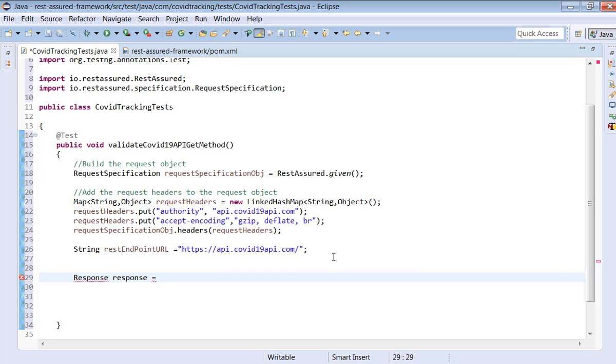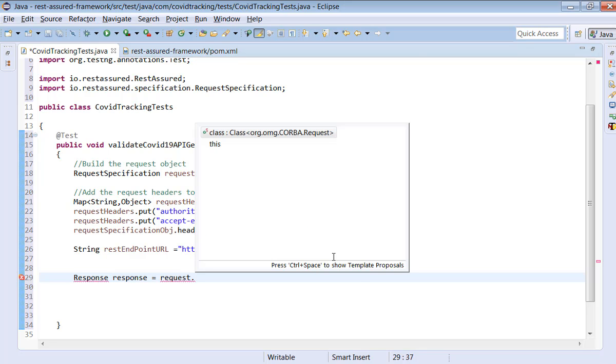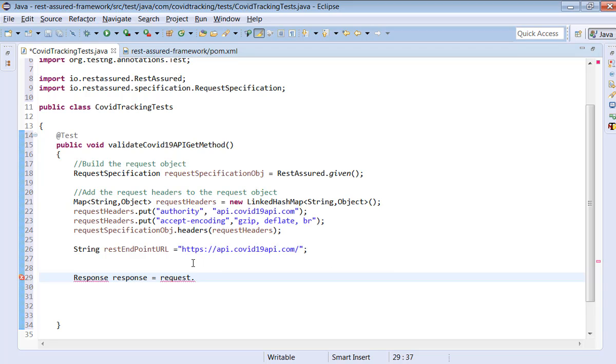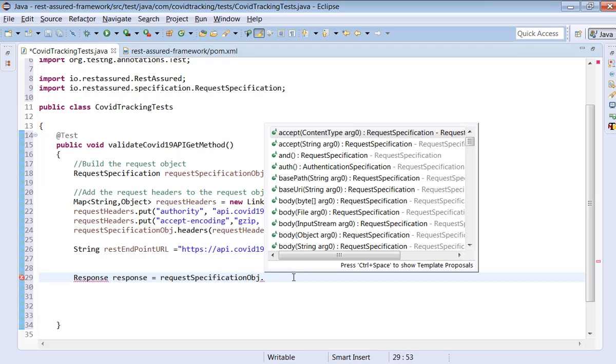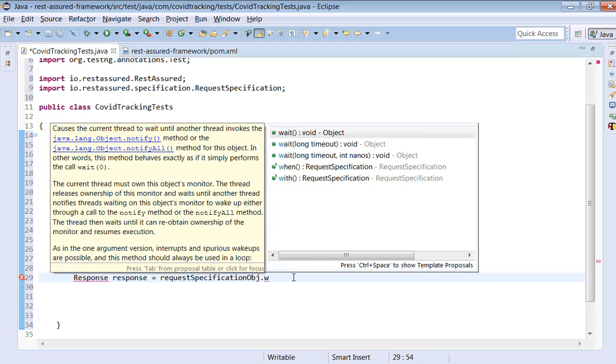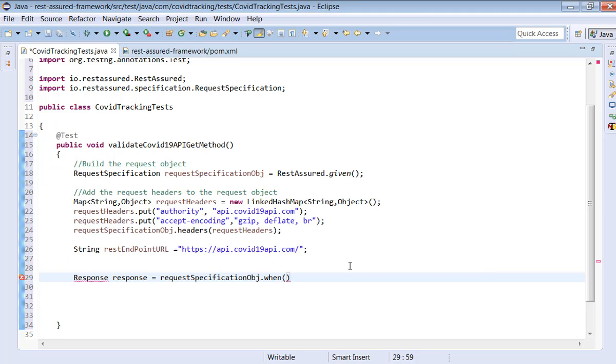Now let's try to frame the request. Request dot, I think not request, we are just changing it to the request specification object here. Request specification object dot. When you send this request, what is the request you send?